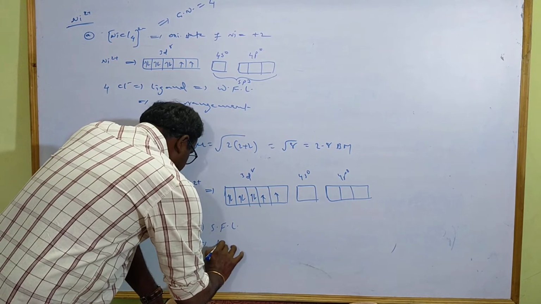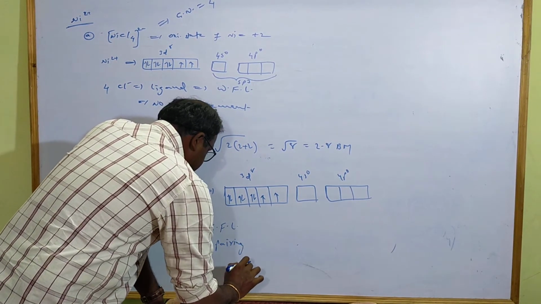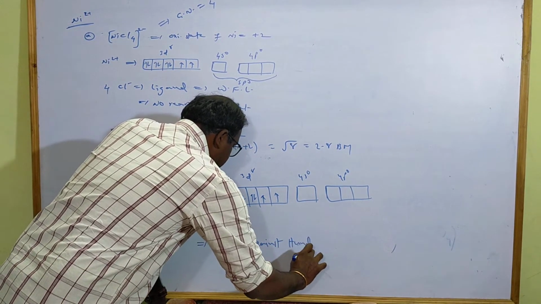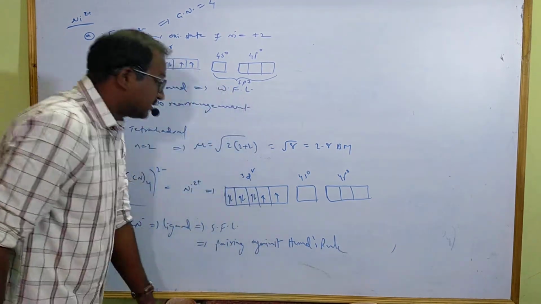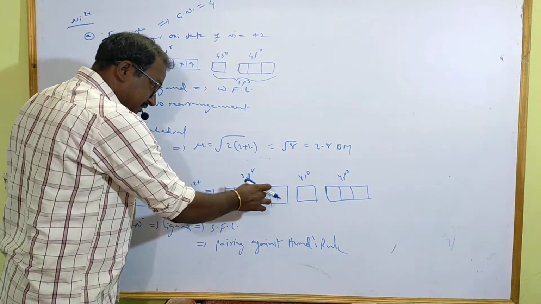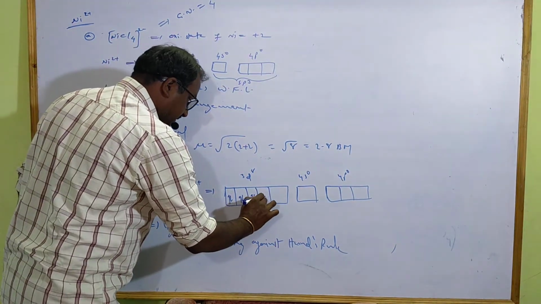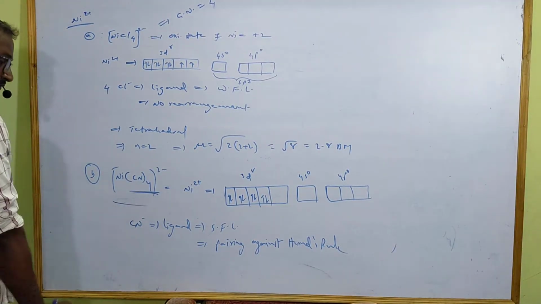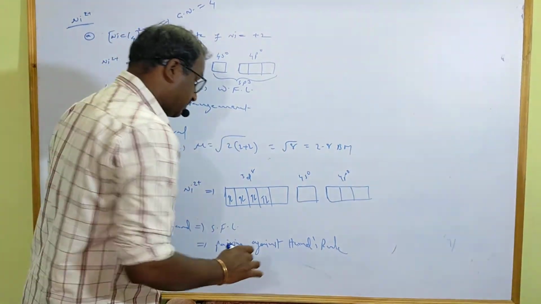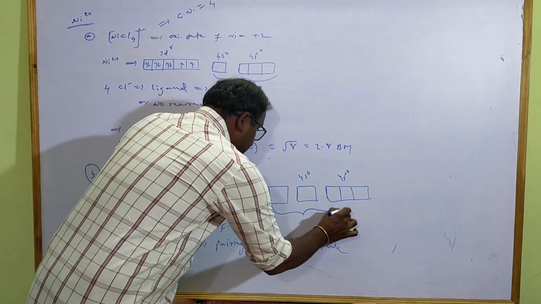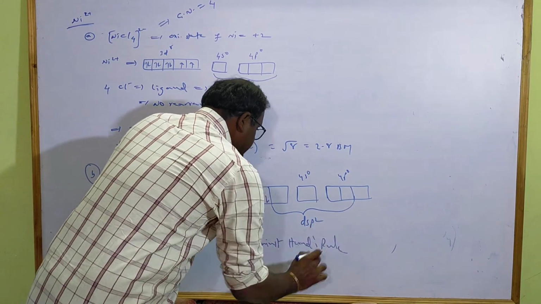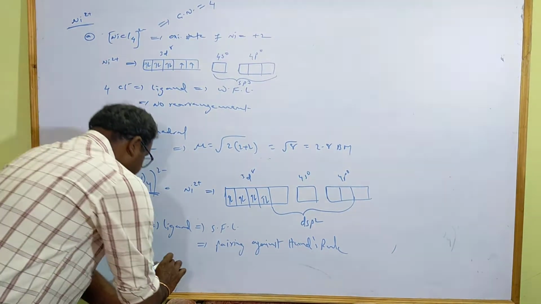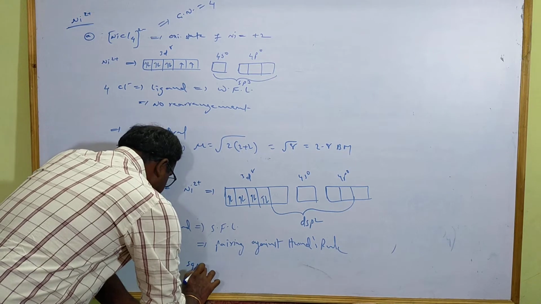If it is a strong field ligand, pairing takes place against Hund's rule. This electron will shift to here and the pairing takes place. After that, coordination number is 4 here also, so 4 empty orbitals are required. Here 3d, 1s, 2p undergo dsp2 hybridization. This will be a pure p orbital, not participating in hybridization. So if it is dsp2, definitely it will be square planar shape.